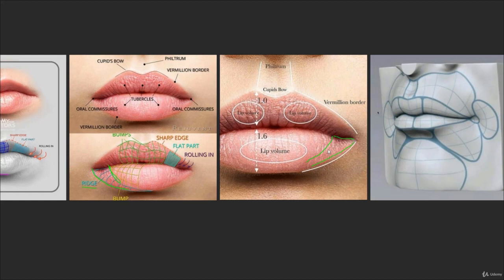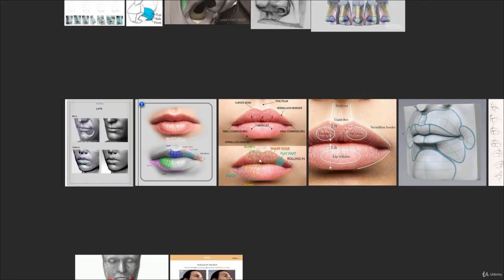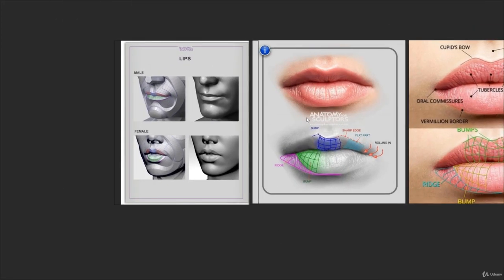Notice how this is more of a concave shape and not so convex shape like in this middle volume. And here in the middle we're gonna have kind of a little depression, right? So it would be separated like this, but